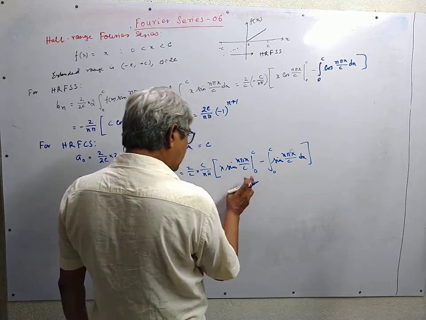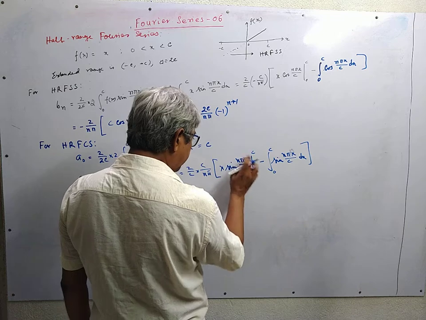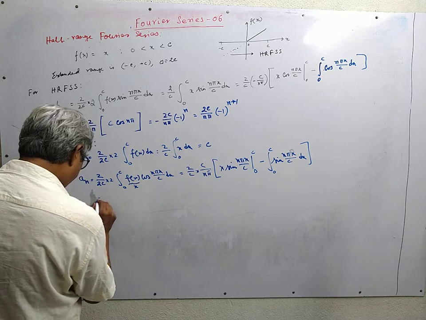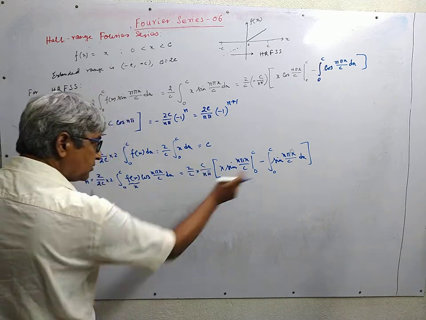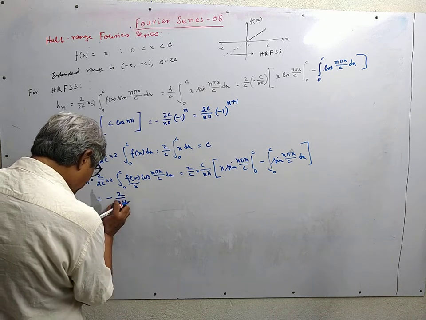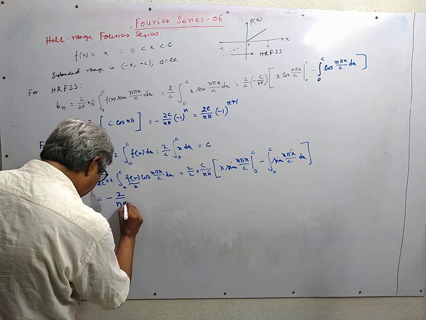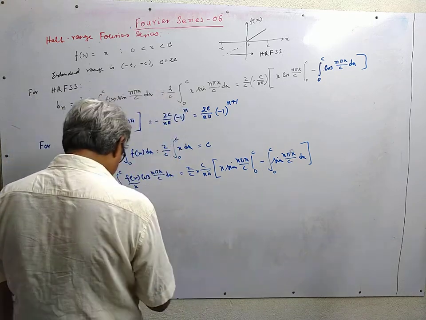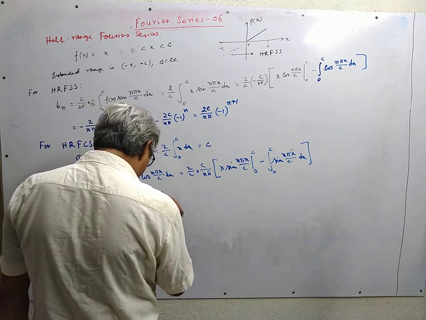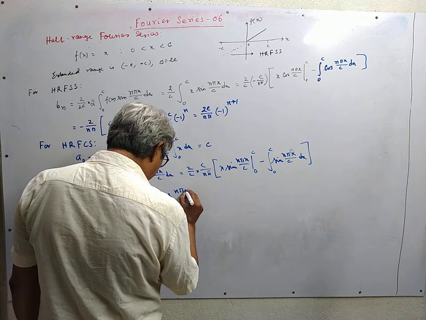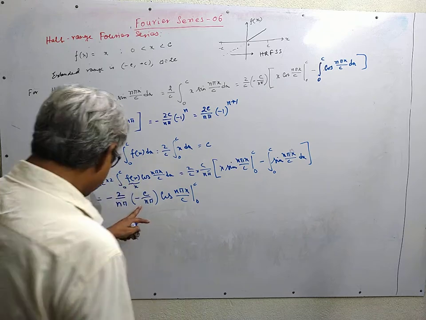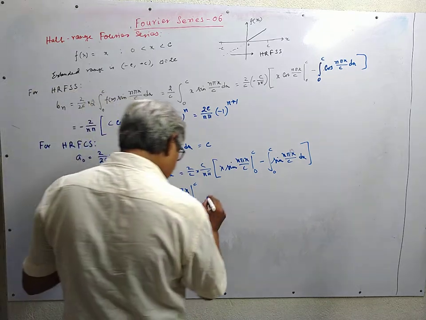This part is 0 because sine of n pi is 0 and sine of 0 is 0. So we have this c cancels out, and this minus two upon n pi, and if we integrate it we will have minus c upon n pi cos of n pi x by c within limit 0 to c. So this sign is plus, so this is